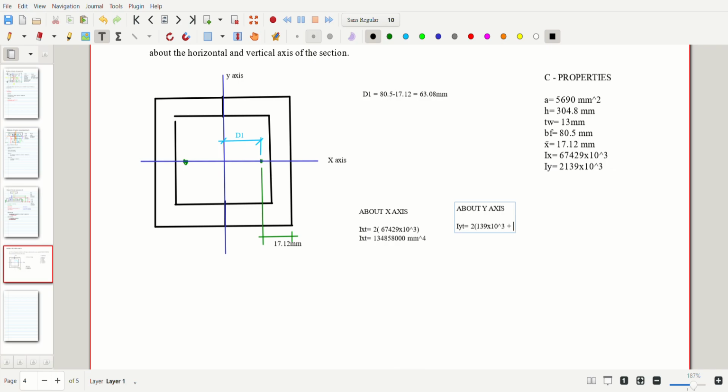Wait mo ito yung sa gamit ni mong D. So 5690 times D1 is 63.08 raise squared mo siya squared. So solve mo